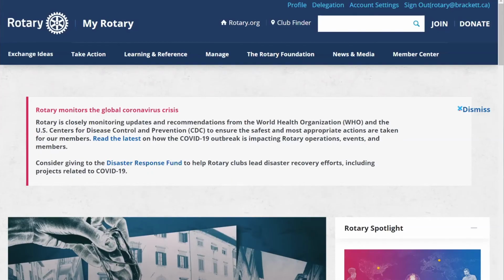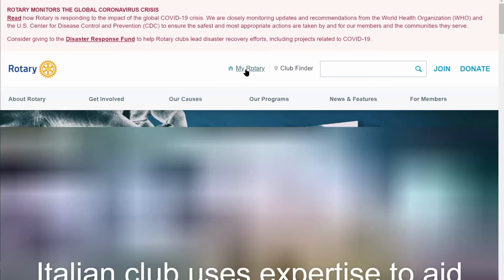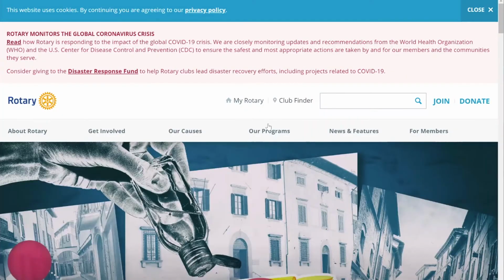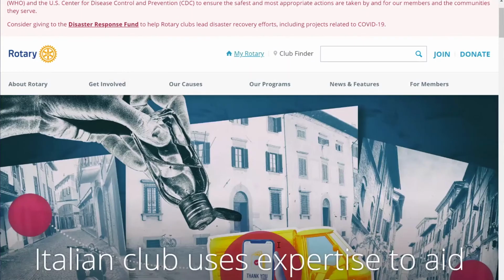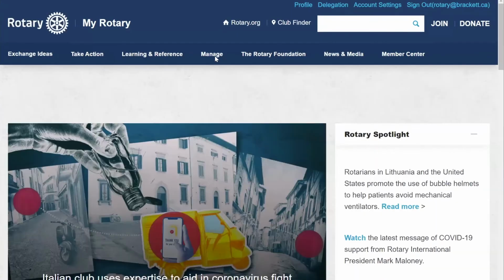So I was able to pull this up. I hope everyone can see this. This is my Rotary, and I have it live here. If I click, and it just logged out. But if I go to my Rotary, I think I'll probably just show you that citation guide here. Of course, it behaves very slowly. Sure, on cue here. Under manage,